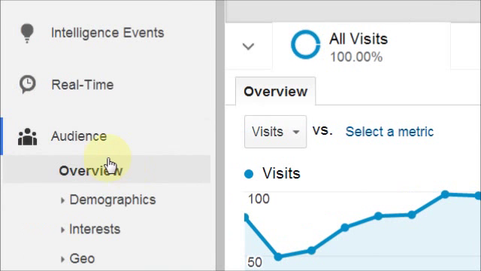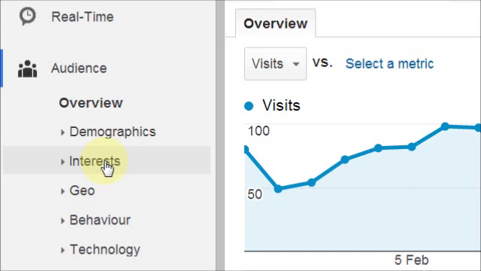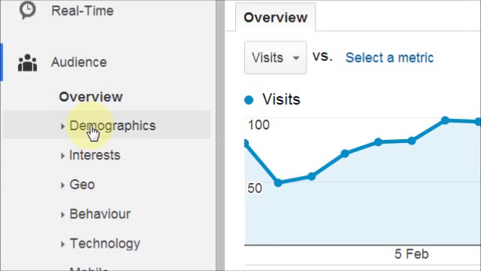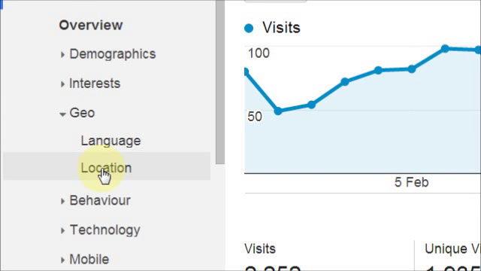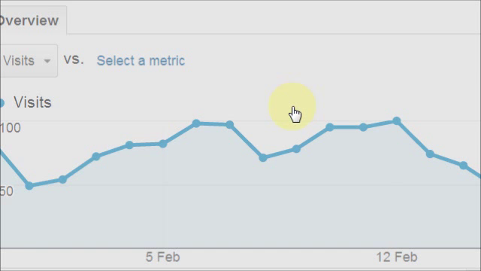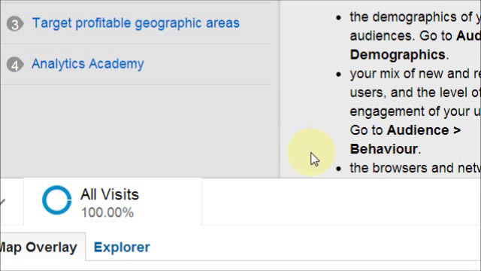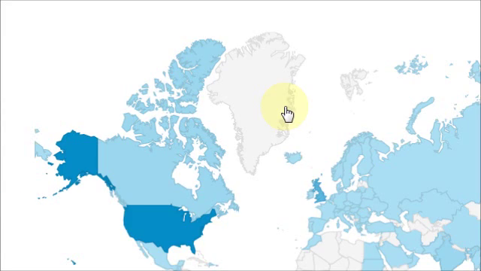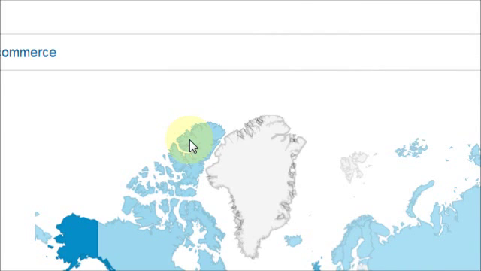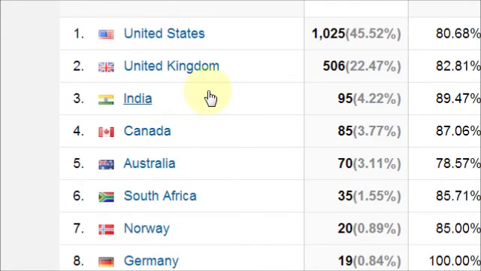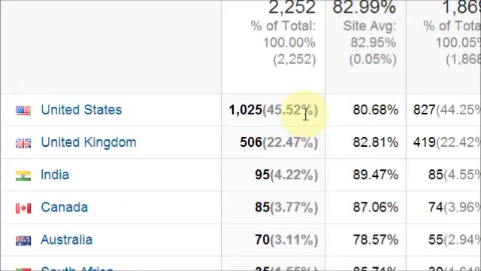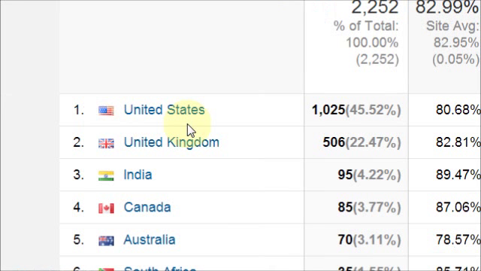And on the left here, you can have an idea of your audience, demographics, interests, and technology, what browsers they're using. And just to get an idea of where it's coming from, you can check the geography and the location. And if we just scroll down here, you get an idea which countries your visits are coming from. So 45% of my visitors for this particular site came from the States, 22% from United Kingdom,